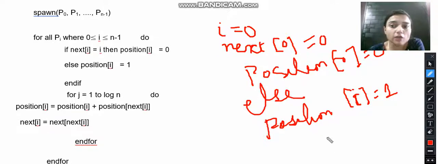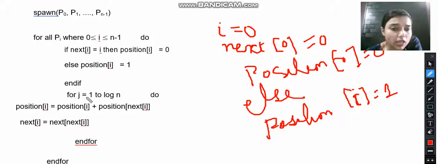Now once we assign the values 0 and 1, we have to compute the distance. I told you that here we are making use of a jumping pointer, and in each successive step the jump will double. In the first step each element will add its successor, and there will be only a single jump. Then in the second step there will be a double jump. In the third step it will be a four times jump, and in the next step an 8 times jump, and finally in this way we can compute the distance of each element from the end.